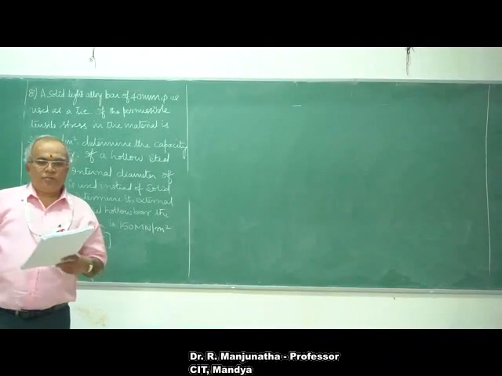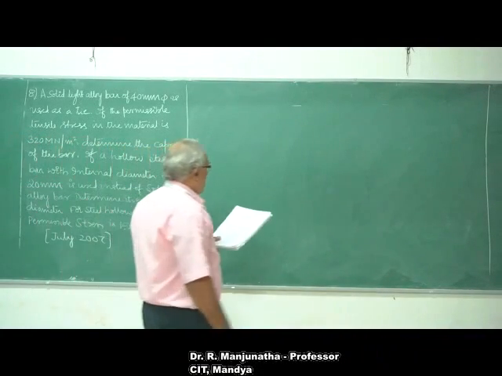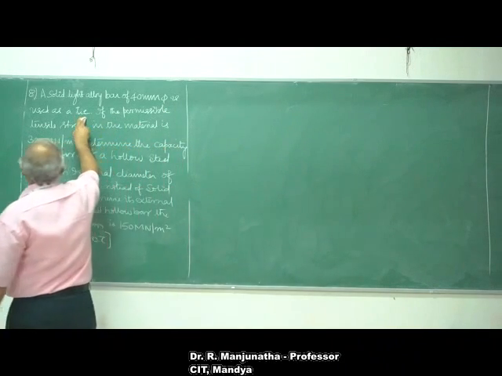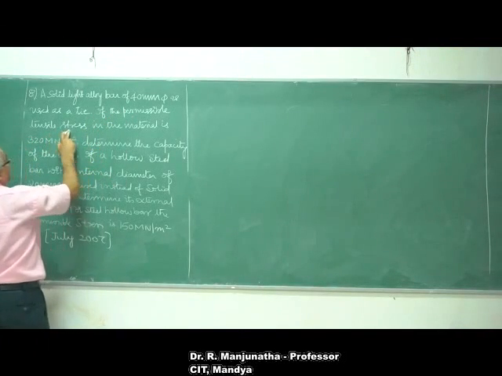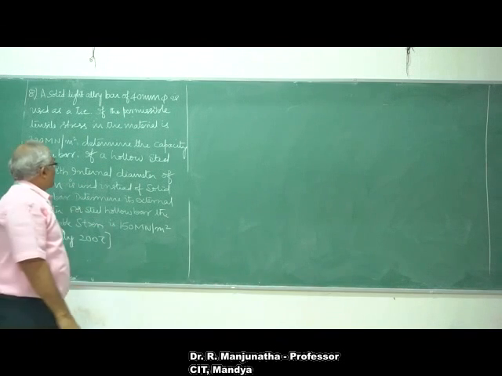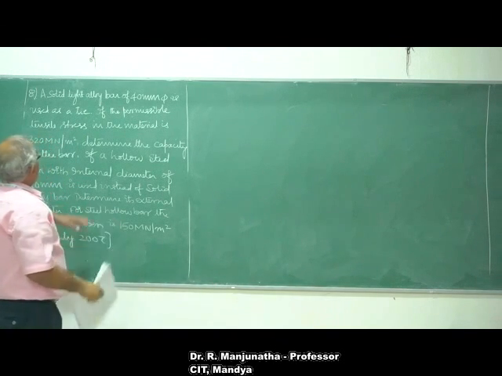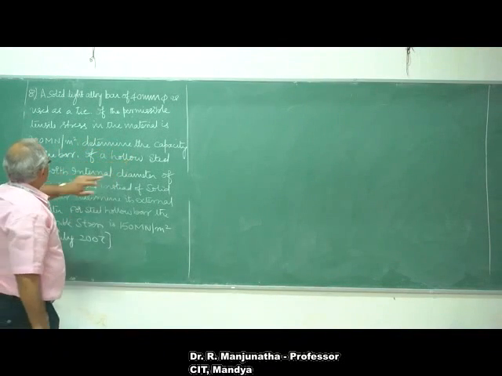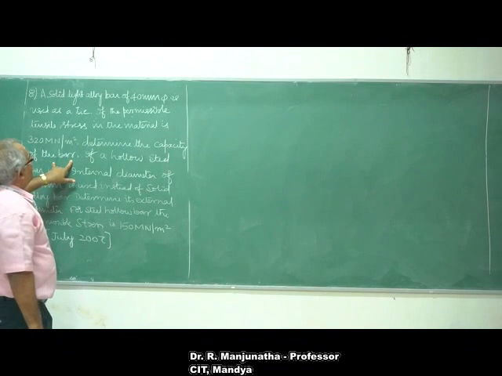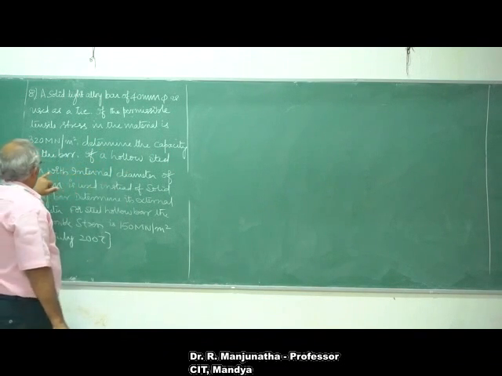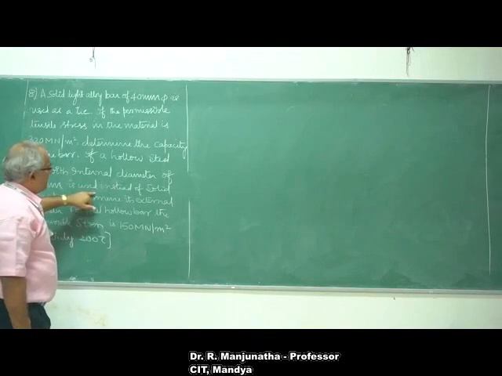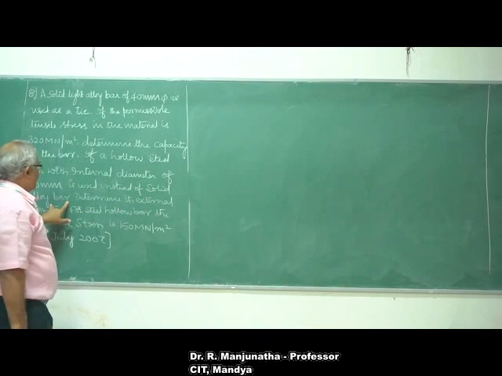Now we're going to take up one more problem. A solid light alloy bar of 40 mm diameter is used as a die. If the permissible tensile stress in the material is 320 meganewton per mm square, determine the capacity of the bar. If a hollow steel bar with internal diameter of 20 mm is used instead of solid alloy bar...